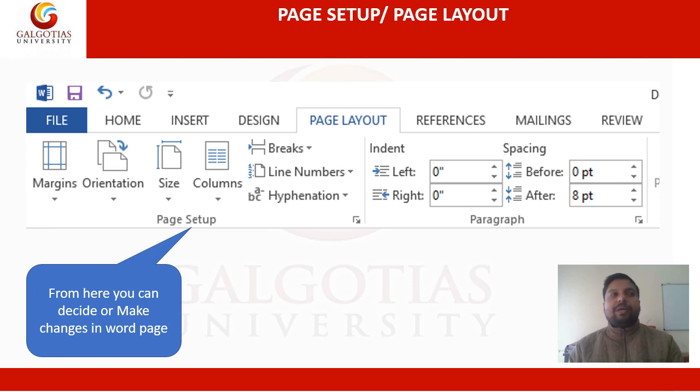That means you can set zero margin from top and bottom, and you can create margin on the left and right side. So you have lots of options. You can use it in the page setup mode, where you can change the margin, orientation, size, and other things like columns in the page layout section. Okay, so let's move to our next slide.